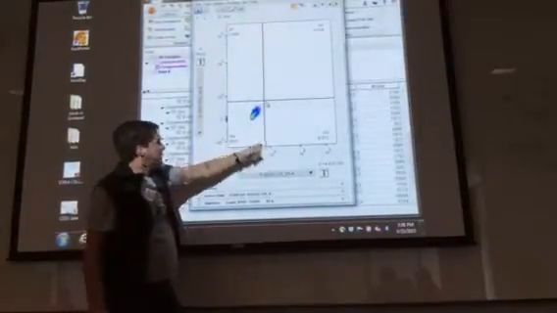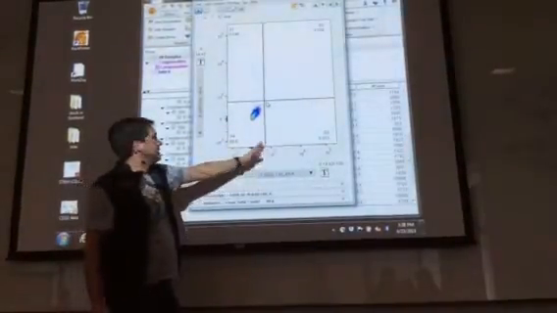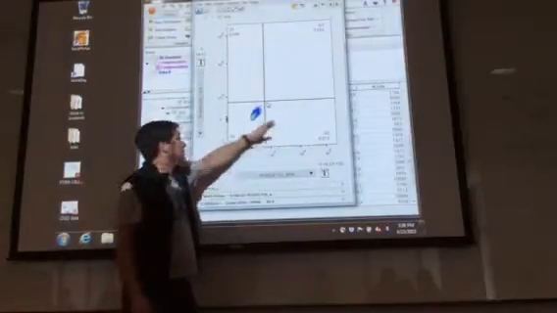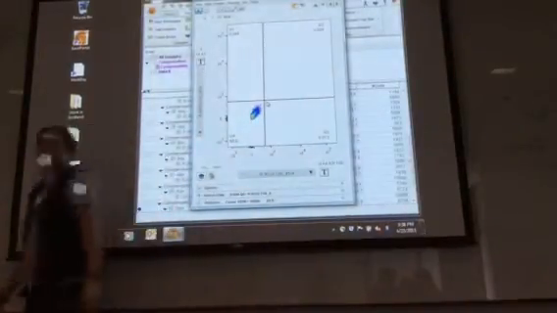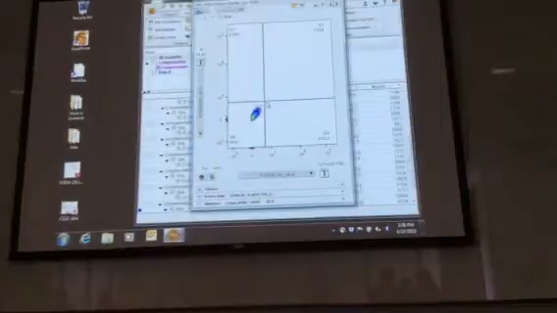And what this does is it allows you to set the gates so that you know that anything here is positive, anything here is positive. With the single color controls,